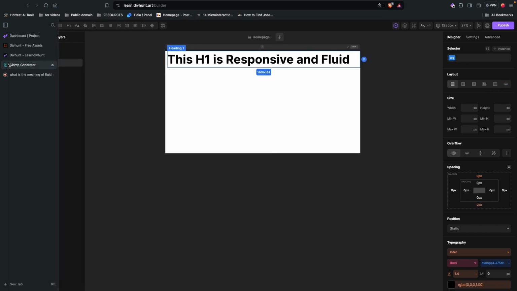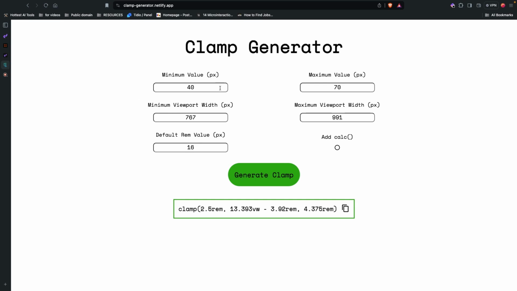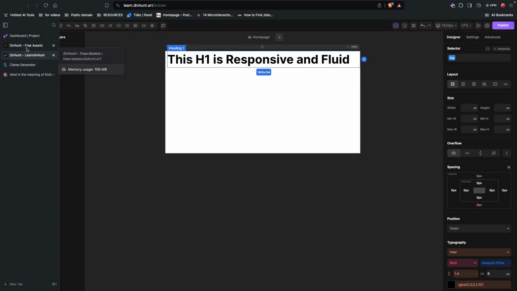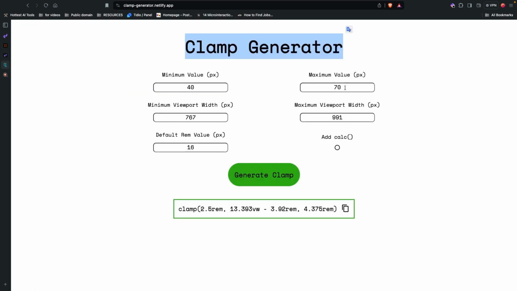So basically I use this tool which is a clamp generator. You have the link in the description. Perhaps this is the link, if you can't find it in the description. You just search for clamp generator, and what you're going to do is look at the browser width, which right now is 1920. You are going to go to the clamp generator and put in the maximum browser width here,